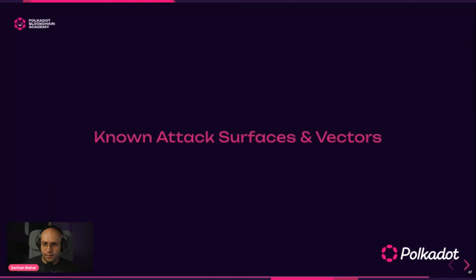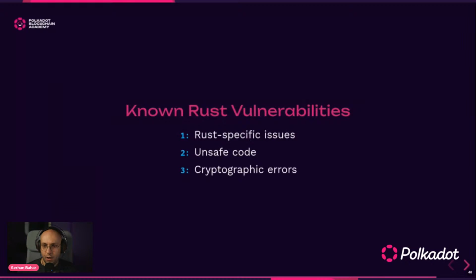So far we discussed everything we can understand from security. So what about known attack surfaces and vectors? As I mentioned before, there will be another session to discuss in detail, hands-on and code examples. But at a high level, especially for the Polkadot ecosystem, there are known Rust vulnerabilities. For example, Rust-specific issues, unsafe code, or cryptographic errors. Those can affect your system or your products if you are using Rust directly, which is not surprising,